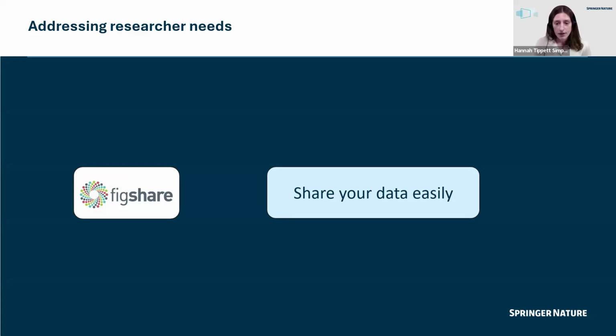So that's why for a number of our Nature partner journals, we've introduced an integration with Figshare, which is a generalist repository. It allows authors to deposit their data directly during the manuscript submission process. So there are no separate steps, no extra platforms. It's supposed to be seamless and efficient, and designed to remove that barrier to actually providing your data, which is convenience, I guess.